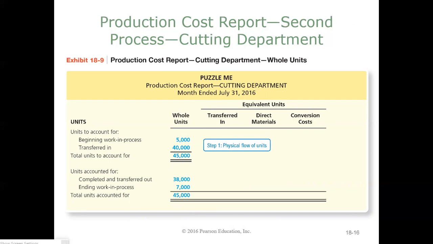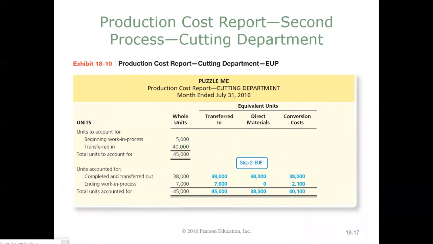And then the units accounted for is always completed and transferred out plus any ending work in process. Step 2, we figure out our equivalent units of production. Again, it will give you the information you need in the problem. It will say, in this case,